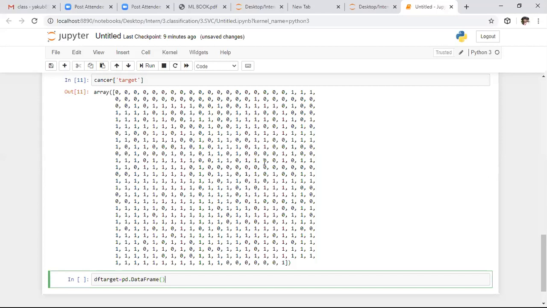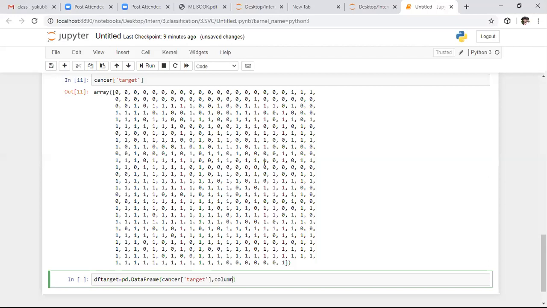So with which column we need to create? From the cancer dictionary with the target column, we need to create a data frame, and we need to consider the column name as cancer. Whatever name you want to keep, you can keep that name.